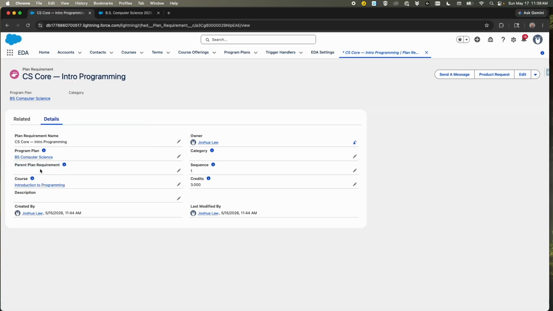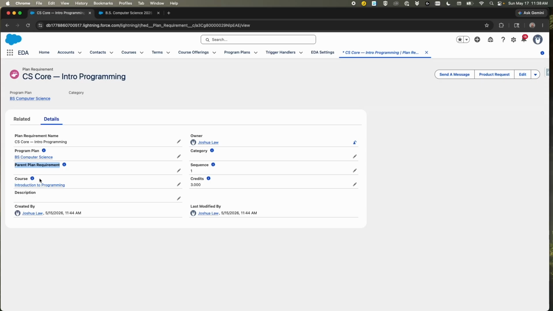And then you can create more plan requirements that just look up to that plan requirement. So you could have a program plan requirement that is freshman level courses. And then you would have 3 plan requirements underneath that, that is, you know, Intro to Computer Science 1,